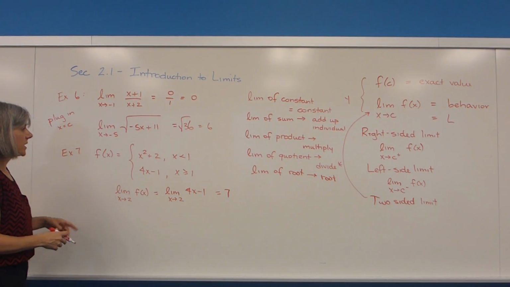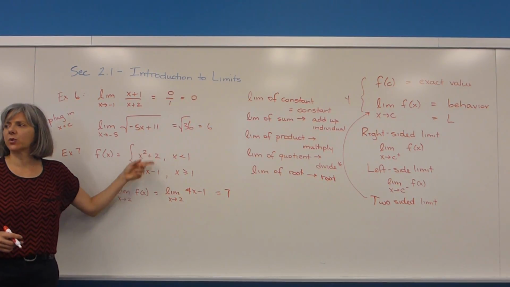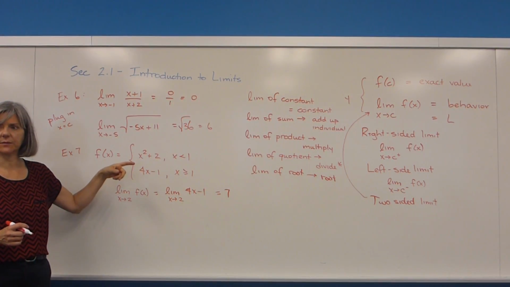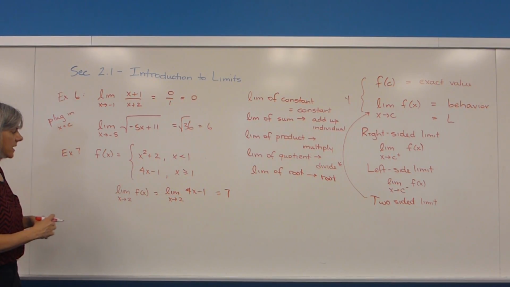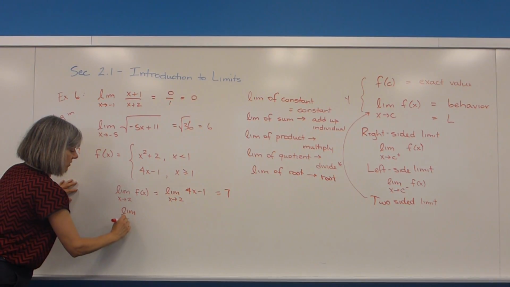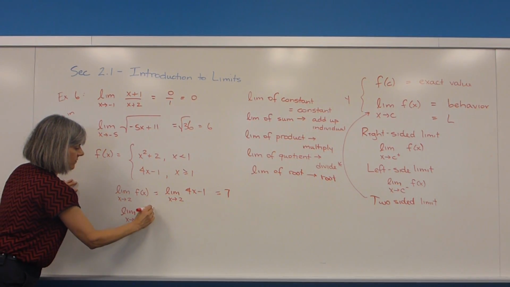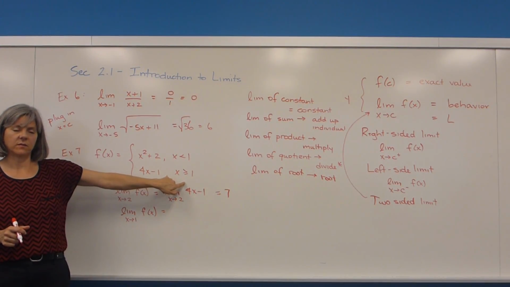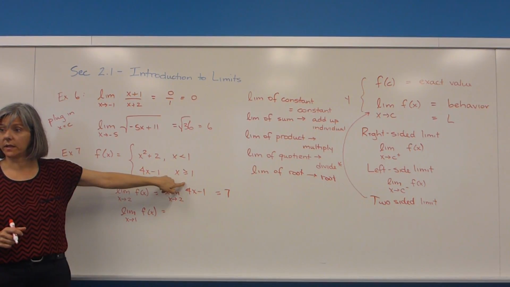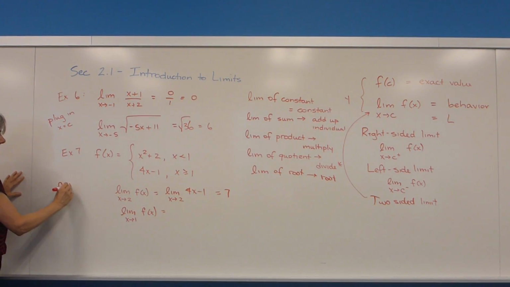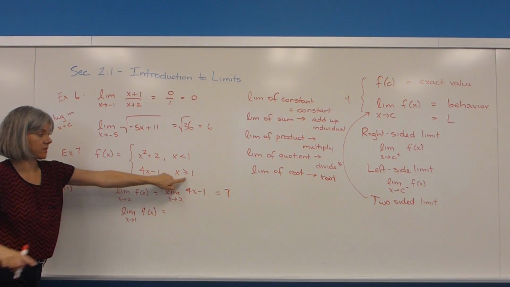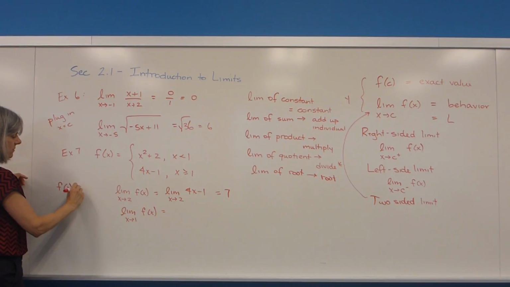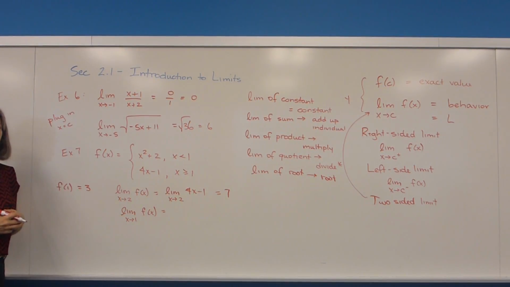Yep, good. Okay, so now let's look at, obviously, what's the interesting point in this problem? What x value is going to give me the most interesting thing to talk about? 1, exactly. So let's look at the limit as x approaches 1. Technically, 1 is in this one, right? So I can find f of 1. I know what it is. Let's write that out. f of 1 is just, I use this definition because 1 is in this category, right? Greater than or equal to 1. So 4, what was that, 3? Yeah. But now the limit